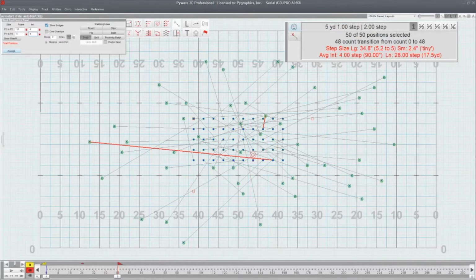Now, right now, my matching lines are all wacky, and that's because the matching order is automatically generated based on the way in which my performers are grouped and the way in which the new form is created. So since I clicked my first point here, my second point here, it's going to make lines this way, and then it's going to have rows of lines. So it's going to be position 1, continue on, then it's going to come back here, match, and go so forth and so on. And since I did a scatter, this is all basically zigzagged